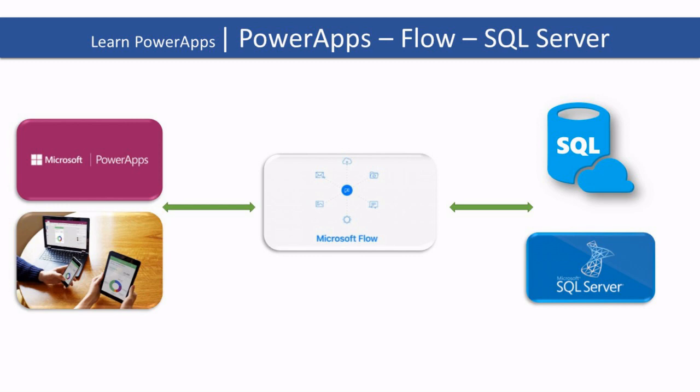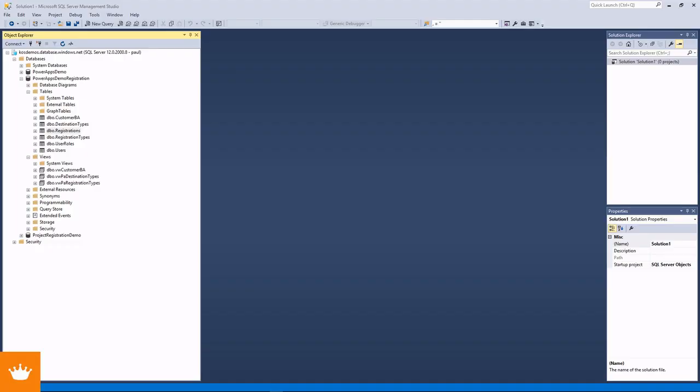So let's go to our SQL server first, because there it starts everything. Last time we did our customers, our destination type and our registration types, and we got them in Flow, and it was pretty straightforward, not very difficult. We only had to look very well at our JSON schema. We did. So this is going to be fine, and we know there are probably always going to be customers. It's going to change something, but it's pretty static, and there are never going to be